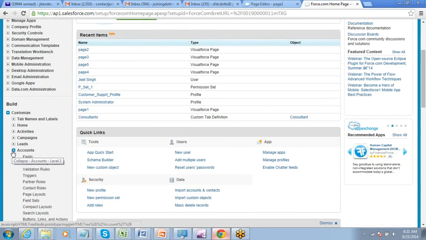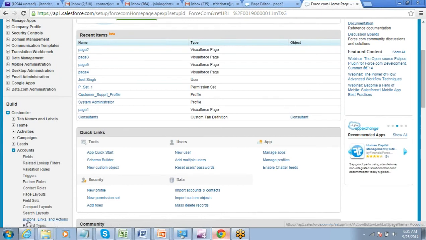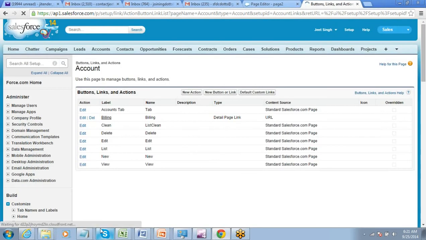When you go to accounts, you will have this option of buttons, links and actions. This option is available with all the objects, all standard and custom objects. Whichever object you want to override the page for, click on buttons, links and actions, and in that you have to edit the view page.